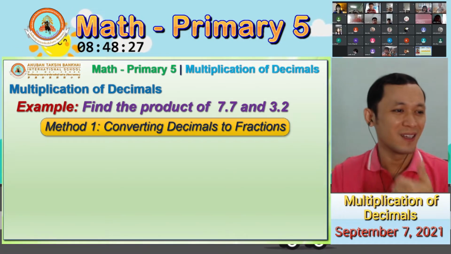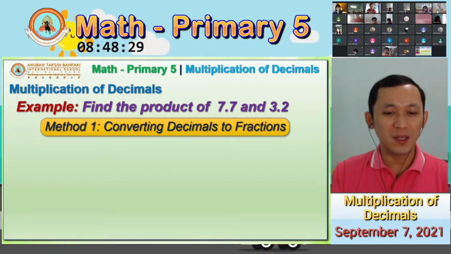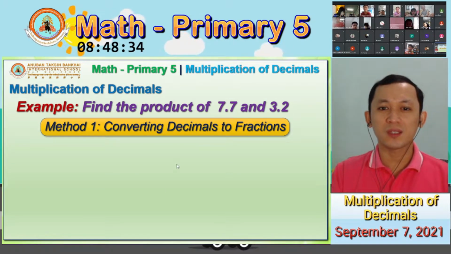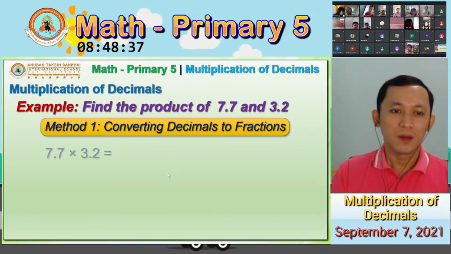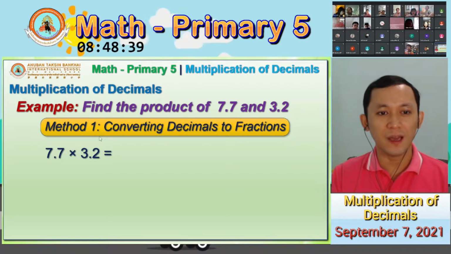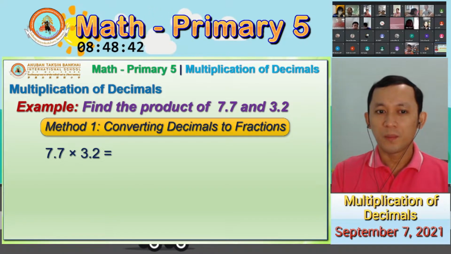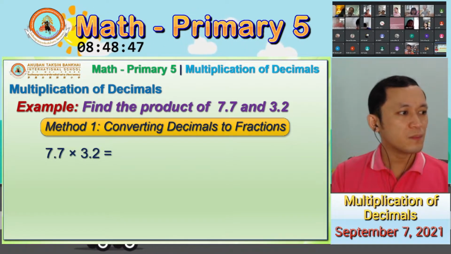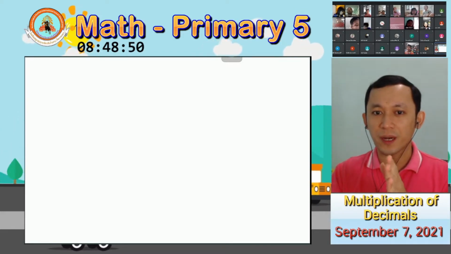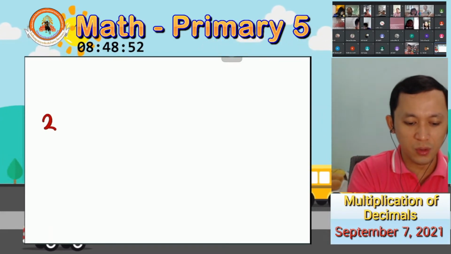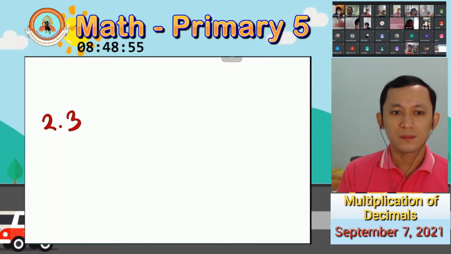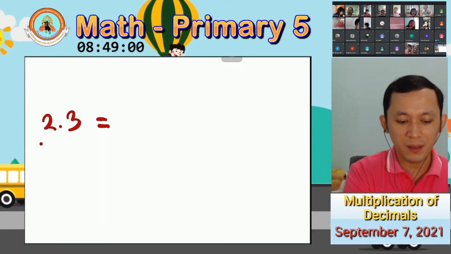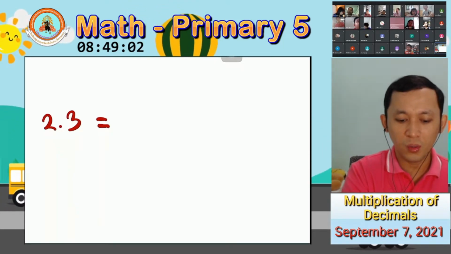Very quiet already. So again, we are going to change. This is method 1. With method 1, we are going to change decimal to fraction. So we have here 7.7 times 3.2. Again, how do we change decimals to fraction? So for example, we have 2.3. Very easy, teacher. That is equal to, we just copy the number. So we have 23